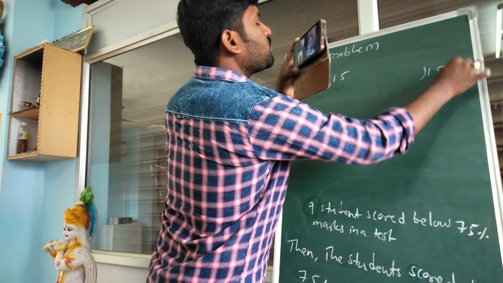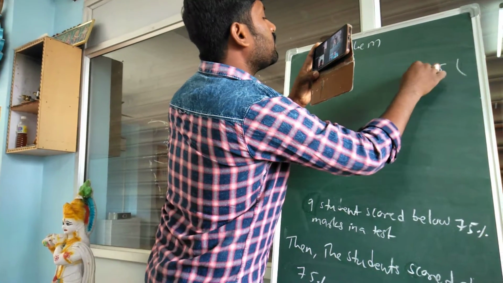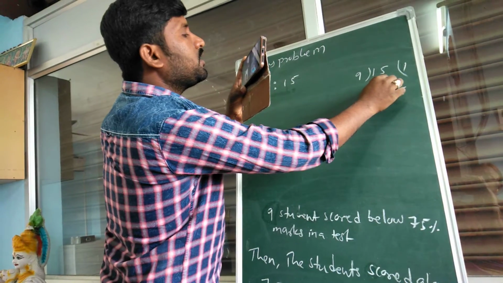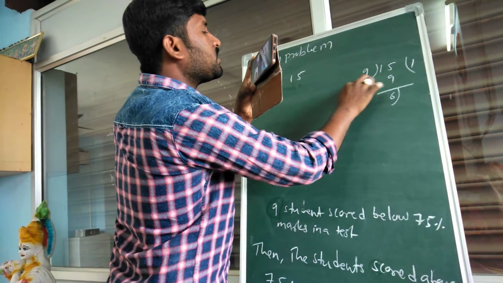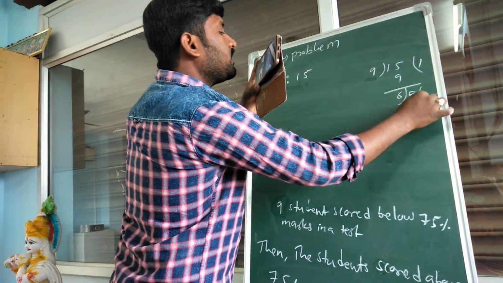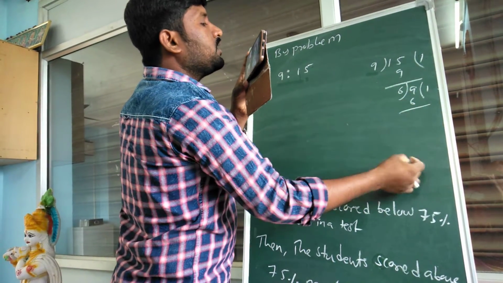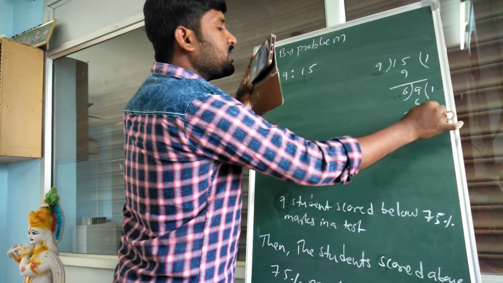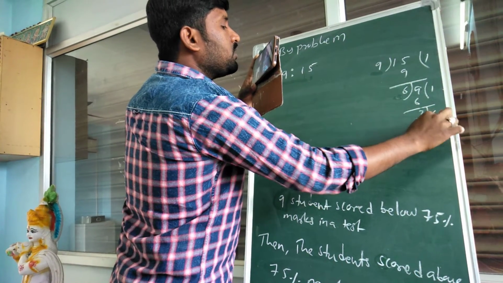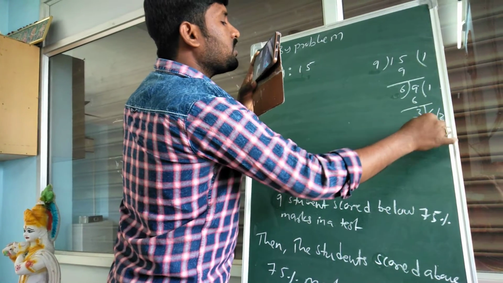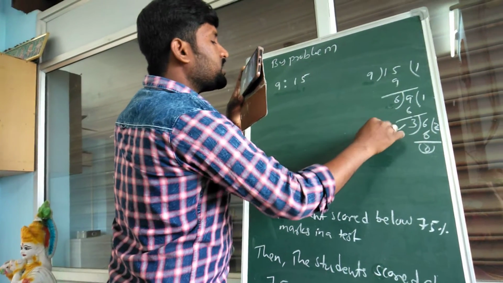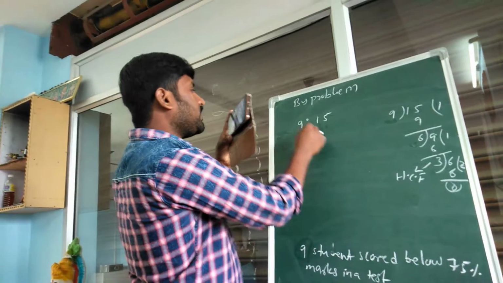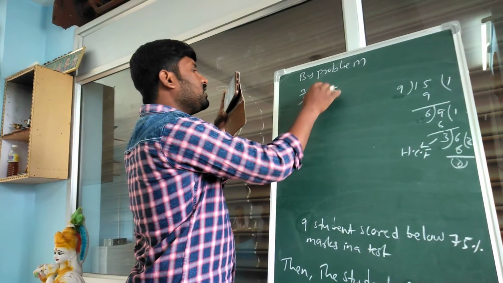If we find the HCF, what do we get here? 9 ones are 9, 15 minus 9 is 6. Next, this 9 acts as a dividend, 6 ones are 6, then 9 minus 6 is 3. Again the 6 acts as a dividend, 3 twos are 6. Okay, what is the last divisor here? The last divisor is 3, that's why we divide with 3. 3 3s are 3, 3 5s are 5.